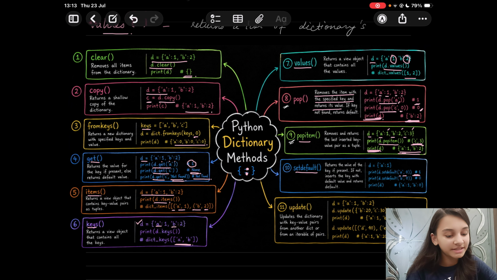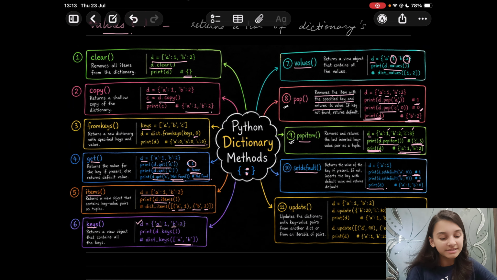And on printing D.setdefault, key B with a default value of 0. Since we don't have B here, we'll get a value of 0 which is set as default. Now on printing D, we have two key value pairs. Alright. So this is a simple concept, but you need to keep it in mind.